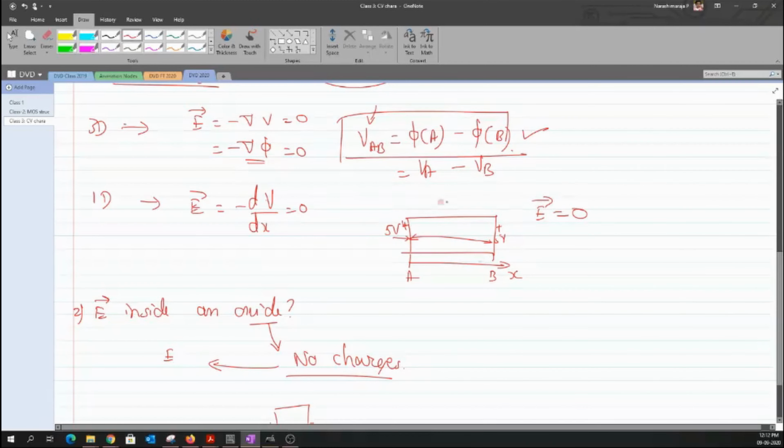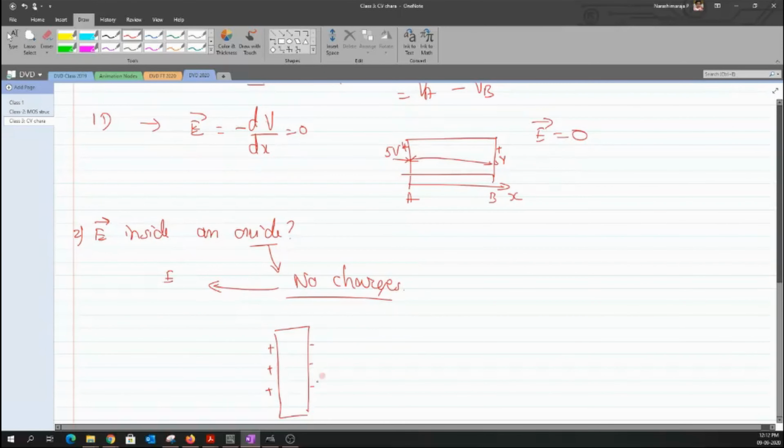But a metal can have the same type of charges around it. So in this case, the electric field surrounding a metal is completely equal to 0 when I have the same similar charges, because these charges would then distribute through the surface, due to which I'll have the same type of charges around the metal. Whereas in the case of an oxide, it depends on what type of charges I have across the ends of the structure. If I don't have any charges on either side of my oxide, then the electric field is equal to 0. If I have a single positive and a single negative charge on either side, then the electric field is no more equal to 0.